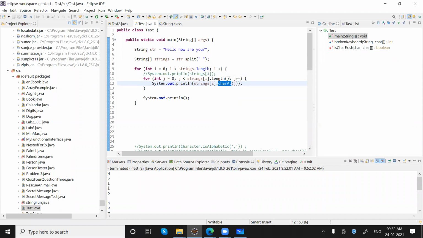Now you need to make a note: when we are working with string, there is a method called length, and when we are working with an array, there is a property called length. So don't confuse between those two. The String class has a method with the name length, and an array has a property with the name length. So when we call a method, we add parentheses like this, and when we want to access a property, or just say an instance variable, we can use the name like we are doing at line 9. Okay, anybody has any confusion in this?